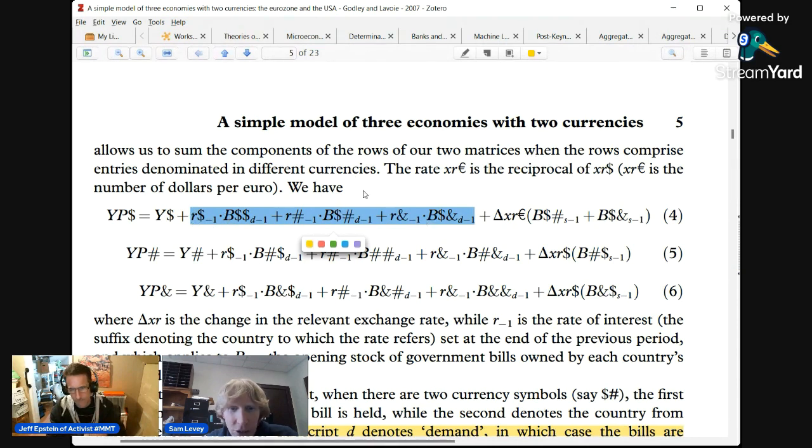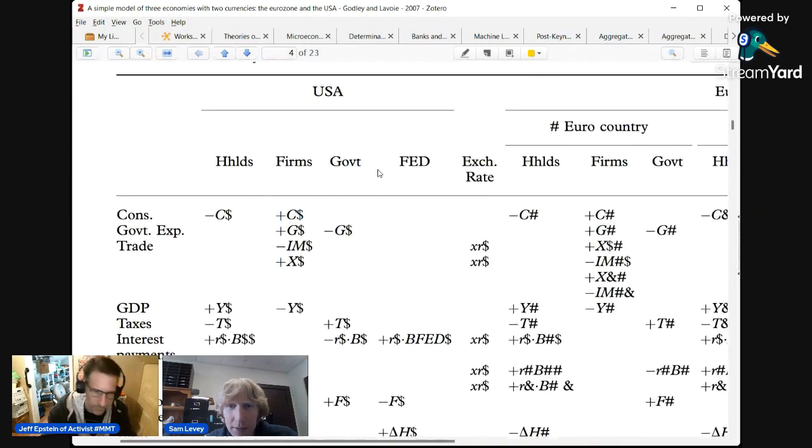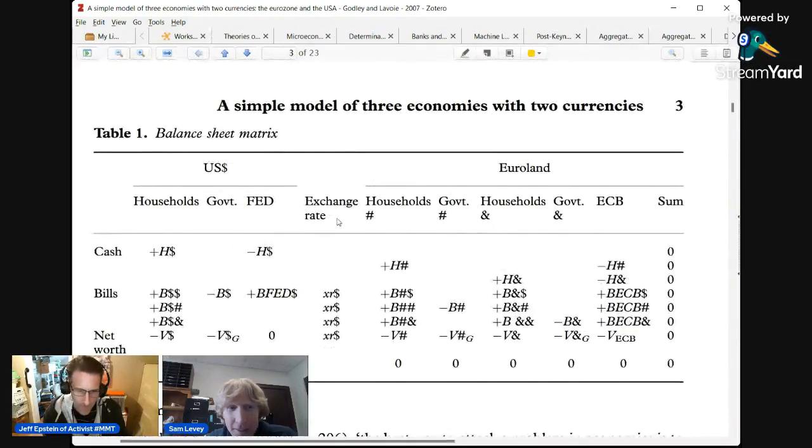Actually, wait, did you look at the transaction tables, these guys? Some. Okay, why don't we start there? Let's back up to this table here, page 3. These SFC models, these stock flow consistent models. I think that's a bad name. I prefer the term flow of funds models, and you'll hear that occasionally, but the SFC term is kind of stuck. But they always have these tables.